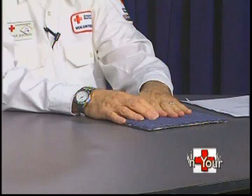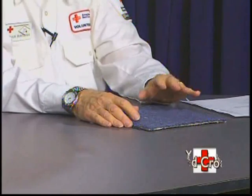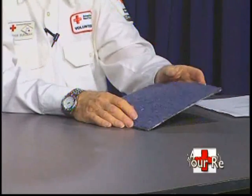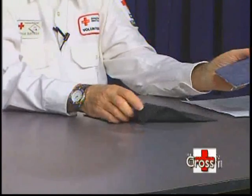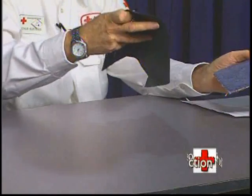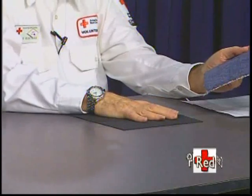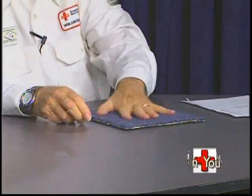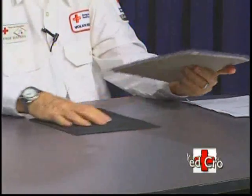Let's talk for a minute about scatter rugs. Scatter rugs can cause trips and slips and or falls. What happens is a scatter rug, when you lay it down, if it is not secured, it can skid. Let me give you a little demonstration here. Here's a piece of carpeting, and here's a piece of under carpet mat designed to keep the rug from slipping. Watch. Put the rug on the mat, it won't move. Put the rug on the bare floor,